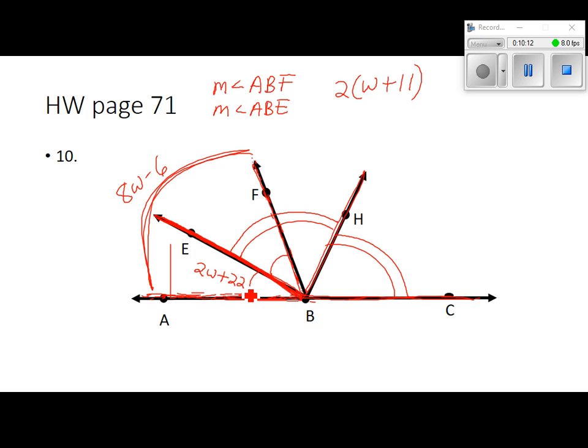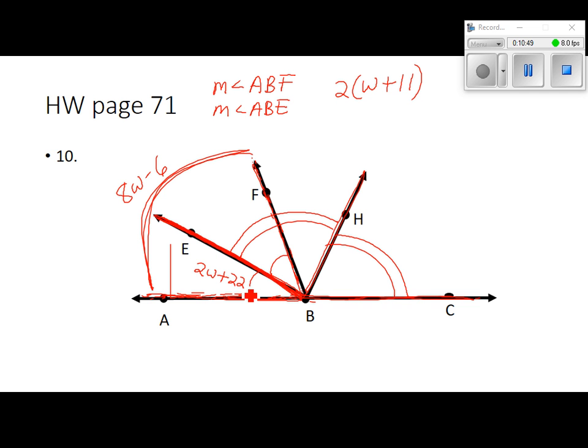This whole thing is 8W minus 6. What equation can we set up? Can we just set this equal to that? Is that gonna work? No, because that's not the whole thing, is it? The whole thing is 8W minus 6. That part down there at the bottom is 2W plus 22. So you gotta take half of the other one. So you could take half of 8W minus 6,